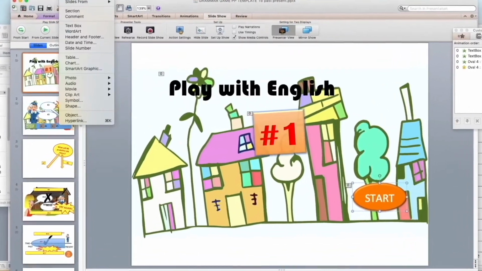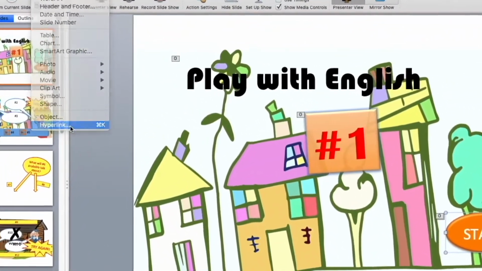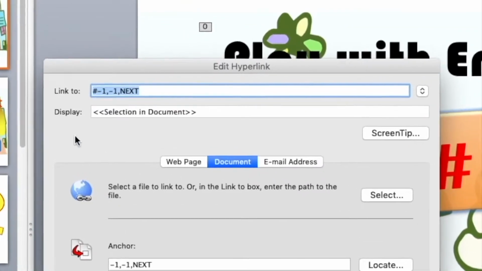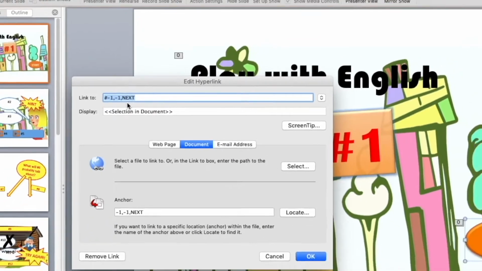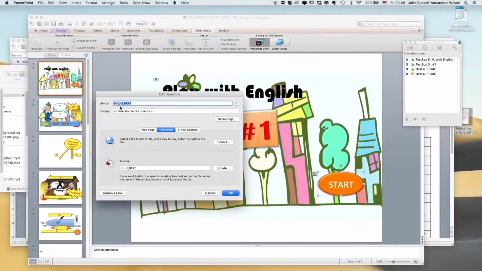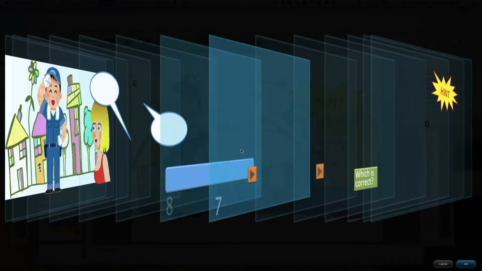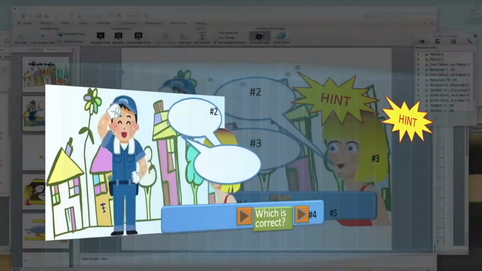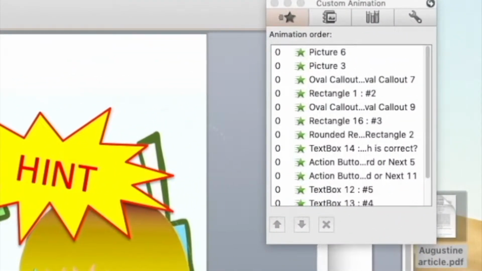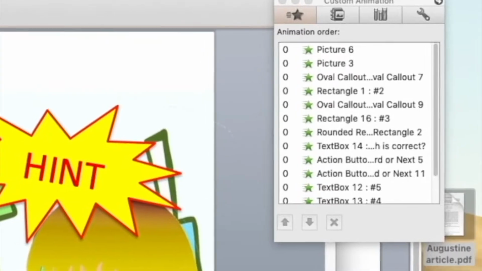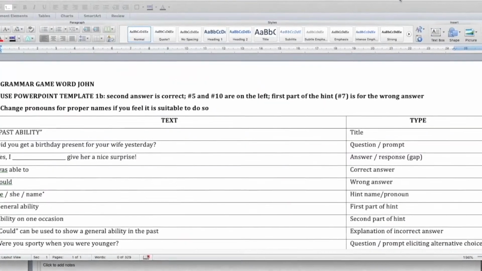And we can do that because there's a setting tucked away in the menu bar at the top that allows us to put in a hyperlink, taking us from one slide to a different slide. And again, this is something we don't want to mess with. The second slide has quite a few more elements in it than the first slide, and we don't want to start changing things at that level until we've got a better sense of how this is all put together.